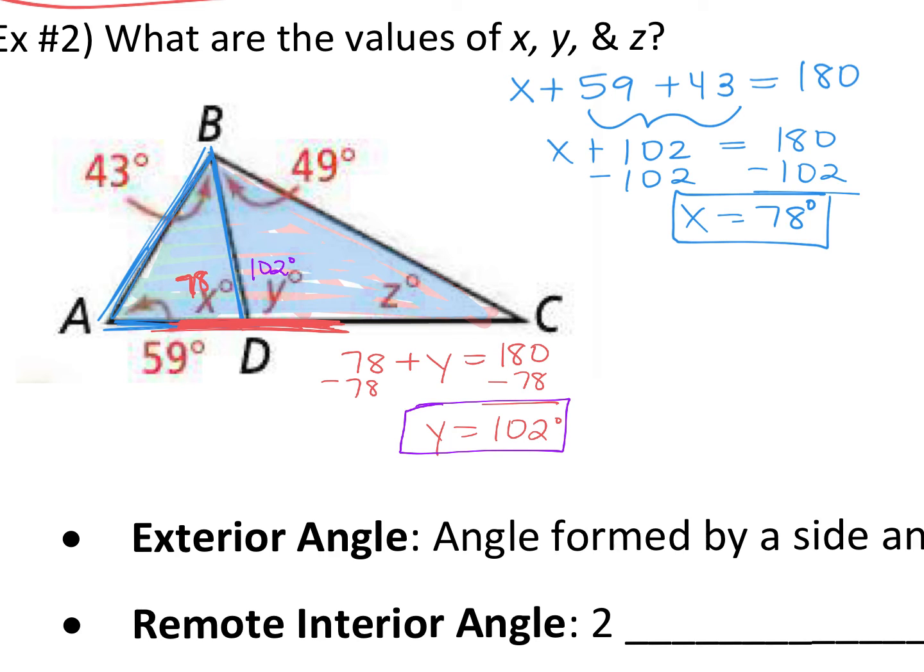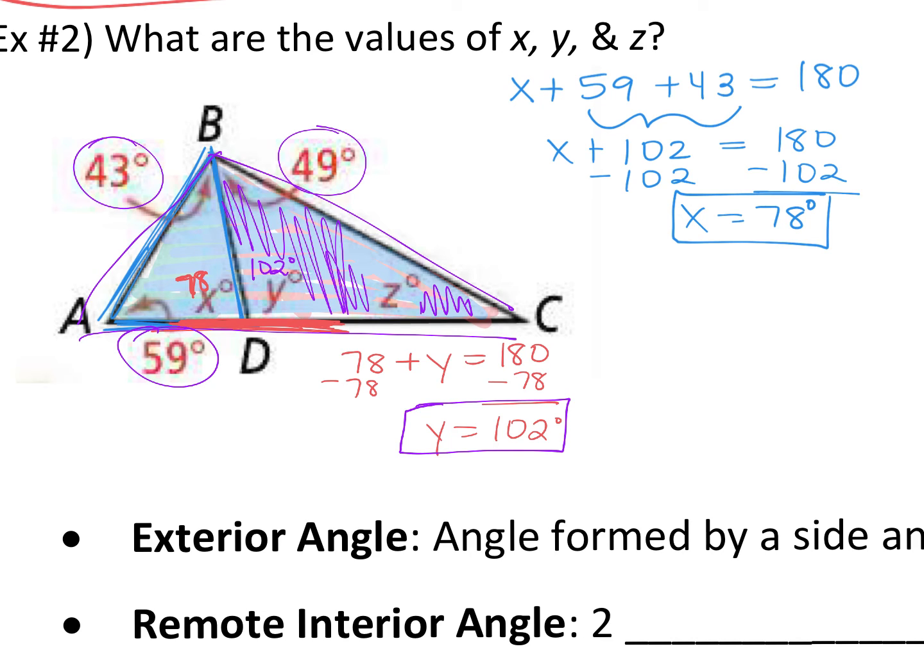You could use the big triangle, right? You can't do same side interiors because we don't have parallel lines, right? You have to have parallel lines for that. But we could use the big triangle. And if you use the big triangle, then it's 59, 43, and 49 together make that top angle, and then z, okay? Or what I think is easier is just use this triangle instead,